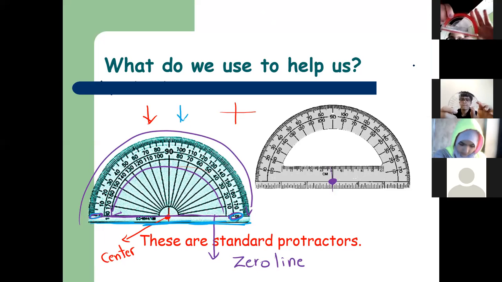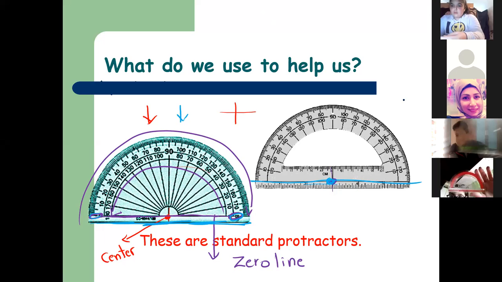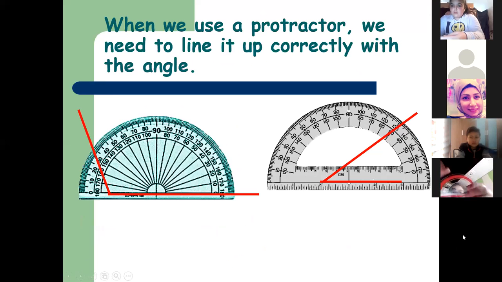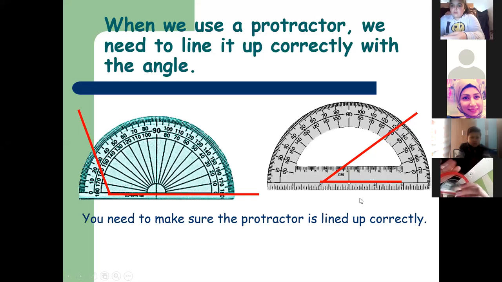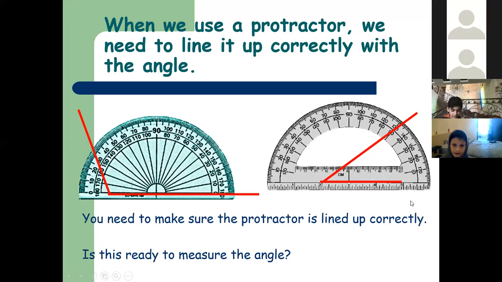يعني الزيرو لاين اسمع شوي، الزيرو لاين ما بده يكون بعيد عن السنتر، بده يكون مارق بالسنتر. هيدا هو الزيرو لاين هون بهالبروتراكتور بده يكون مارق بالسنتر. It passes through the center. Yes Luna, هلا when we use a protractor we need to line up correctly with